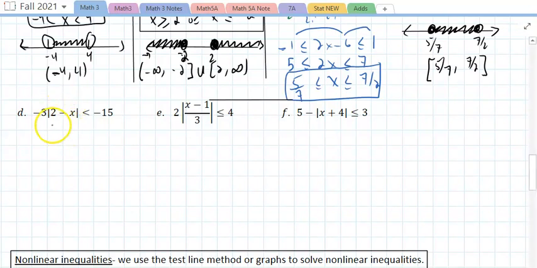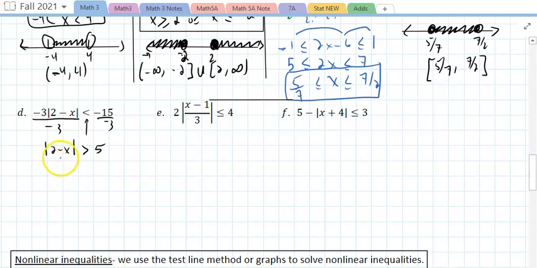Isolate the inequality by itself, absolute value, otherwise it's not going to work. And how do you do that? You divide by -3 on both sides. What happens whenever I divide by a negative? I switch that symbol. So it's very important to isolate the inequality by itself before you decide whether it's less